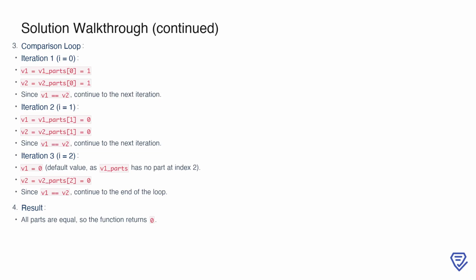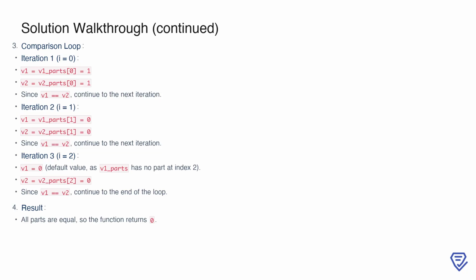In the third iteration, we notice that version 1 has no third part, so we default v1 to 0. Meanwhile, v2 is the third component of version 2, which is also 0. Since v1 and v2 are equal here as well, we finish the loop without finding any differences. Since all parts are equal across the two versions, the function concludes by returning 0, indicating that the two versions